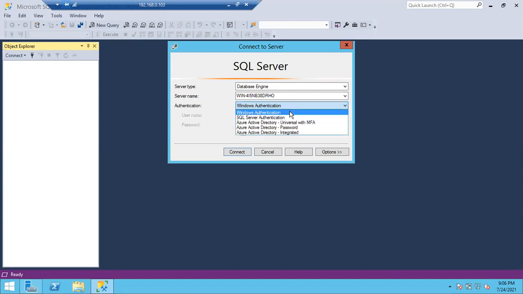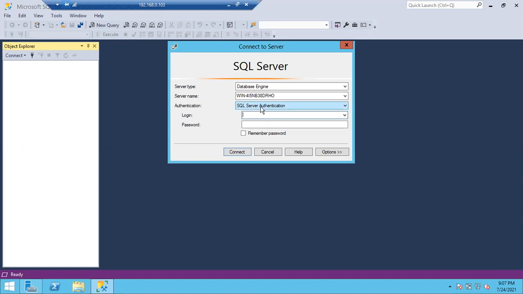If you choose SQL Server authentication, now you have to give the username separately and the password separately. Is it clear, guys? Very important. Usually as DBAs we are going to connect with Windows authentication. Why? Because we are the local admins and we are sysadmin at the SQL Server level, so we use Windows authentication in the organization. Other users will choose SQL Server authentication, so for them we create separate users and passwords to connect to the SQL Server.